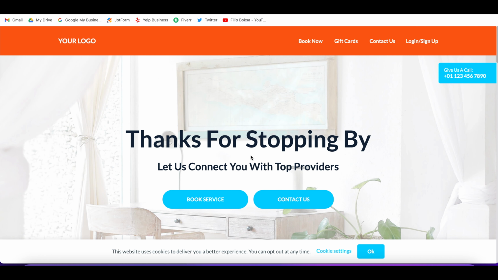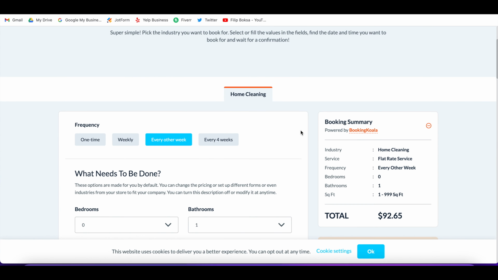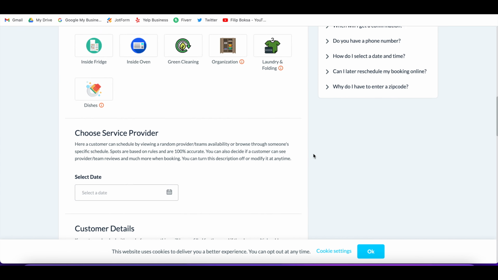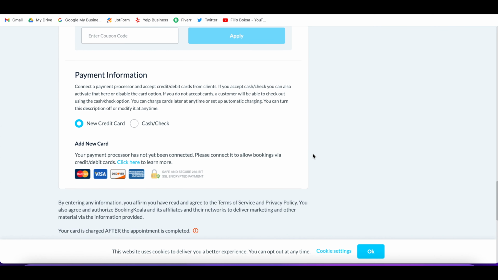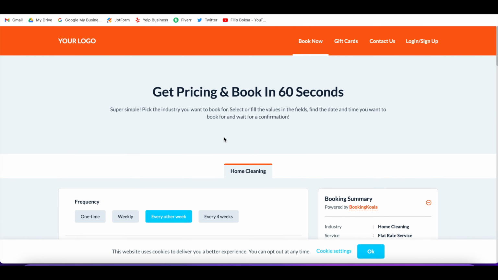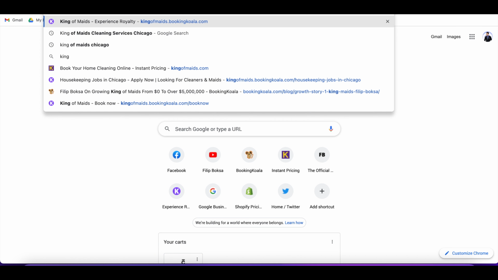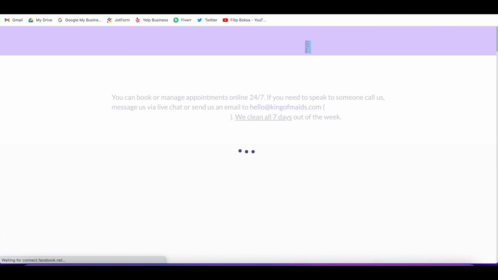Or if you want to take our booking forms and embed them on your already existing website, you could do that. And this is how a booking form would look. Okay, so we have different variations. That's one of them. Then we have, let's see if I can go ahead and pull one up. Okay, so this would be our